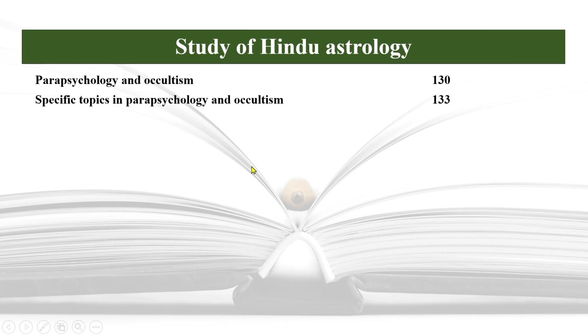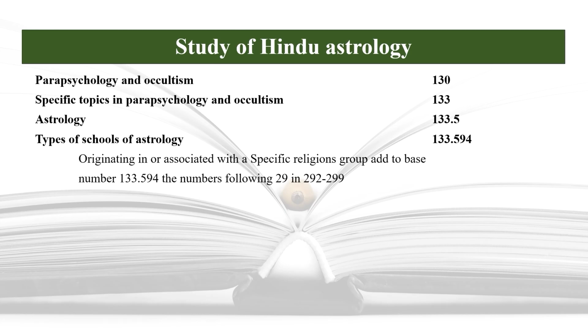Parapsychology and occultism is in 130, and a specific type of parapsychology and occultism is in 133. Under it, we will get the topic astrology, that is 133.5. So, here is the provision for astrology in Dewey Decimal Classification. Now, we have to add the facet for Hindu. Under 133.5, there are types of school of astrology, that is 133.594. There is an add note which reads: the originating in or associated with a specific religion group, add to the base number